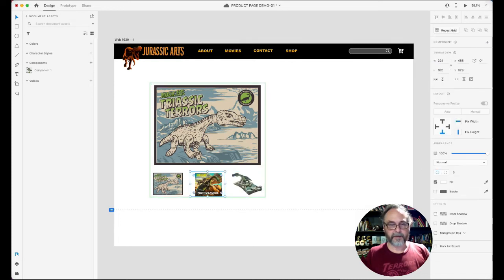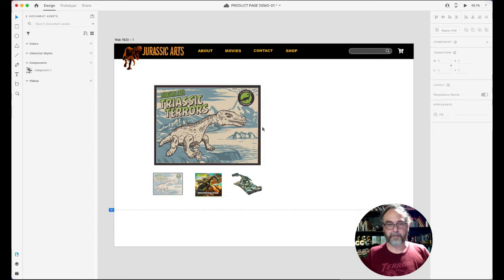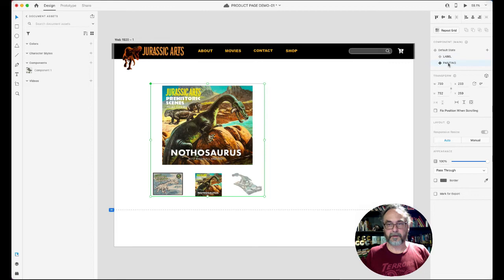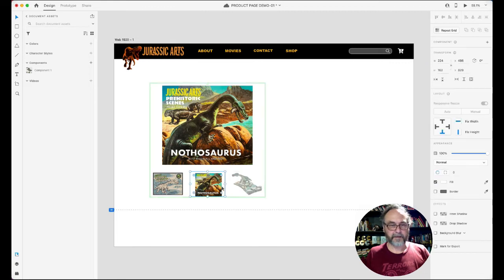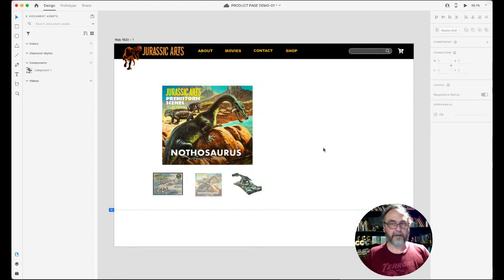Go on the label state. We just need to, let's see, in the label state, we need to make the label a little bit transparent. Let's take that down. There we go. We're going to click through to the painting state. In the painting state, we are going to make that a little bit transparent. There we go. And we're going to bring this back up from the default state setting, and let's play it